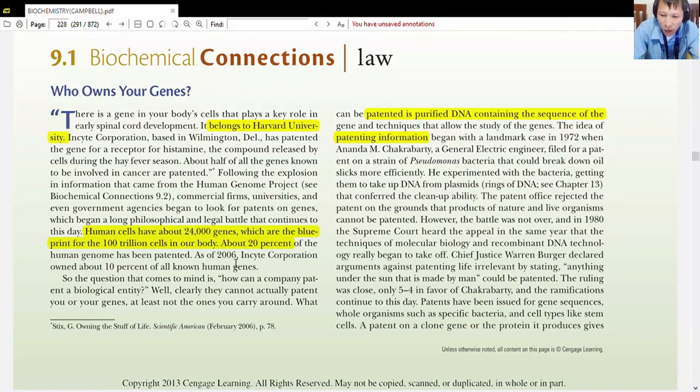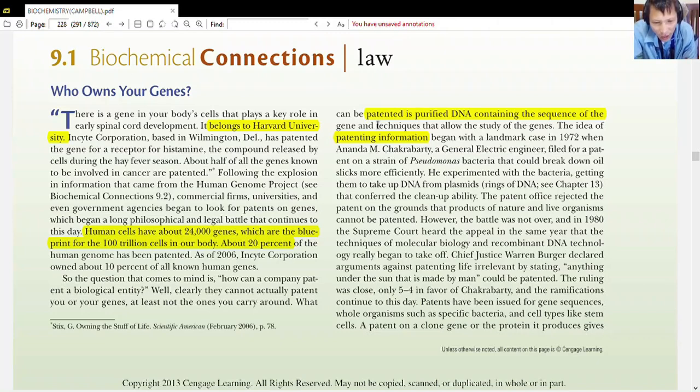Okay, but all in all, the human cells have about 24,000 genes. And 20% of those genes are already owned by someone, by a patent. So if patents are already owned, there are restrictions in obtaining information, or studying, or even just production. Whatever you do to the genes, there is someone who has the right, because that's what the patent says. You can be imprisoned, of course, without the due process of paying royalties and all of that.